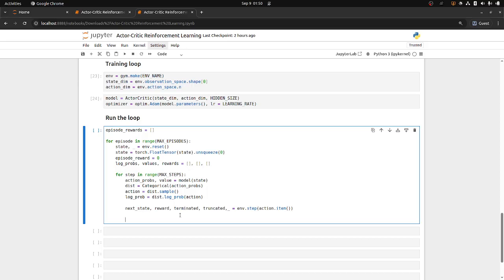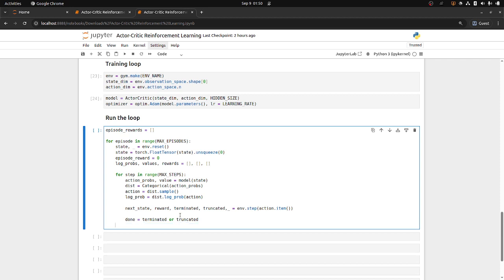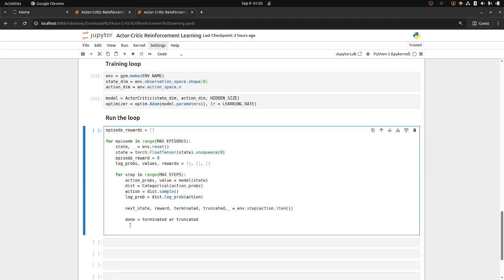So if any of them is true, let's say if done is either terminated or truncated, okay, so then we will get done equal to true, okay. And similarly for our next state also we have to write it according to our PyTorch format. So it is torch dot FloatTensor next state dot unsqueeze 0. Okay,